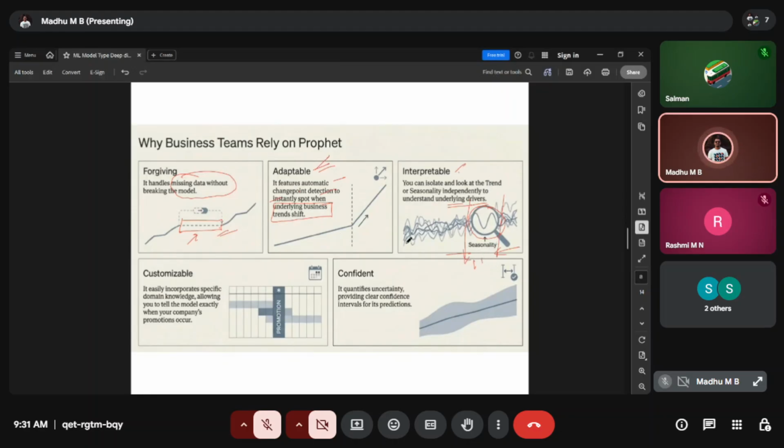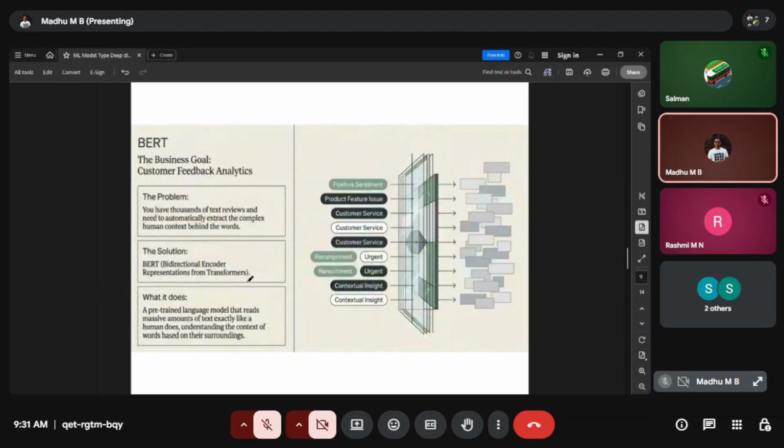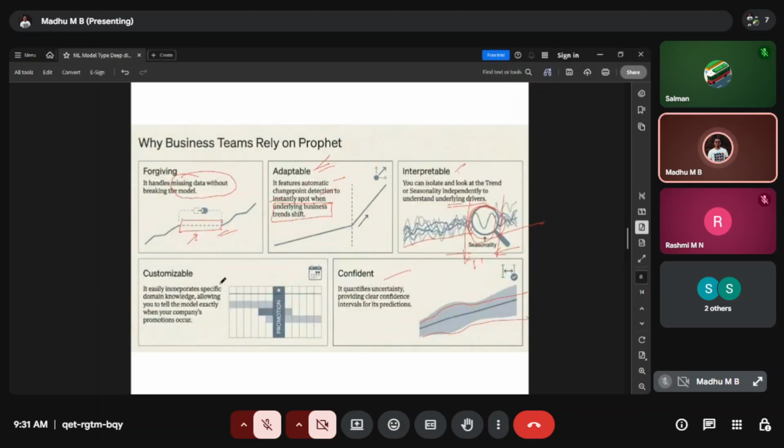So based on the historical data, we can go in depth, and even the model can do the same thing without human intervention. It can go in depth and see exactly the readings of that specific month, what the consumption is, and it will give the confidence score and tell us, this is what we are expecting this year also, based on last year's prediction. So this is why Prophet is very famous in business analytics.